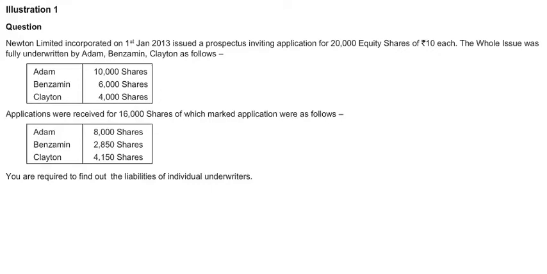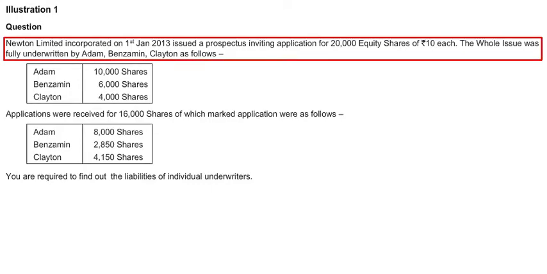See, this is illustration 1. This is one company, Newton Limited, which is incorporated on 1st of January 2013. It issued a prospectus inviting application for 20,000 equity shares of rupees 10 each. So, this is the company newly incorporated, and it is inviting application from the public for 20,000 equity shares of